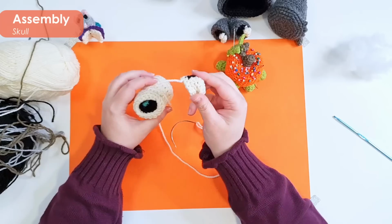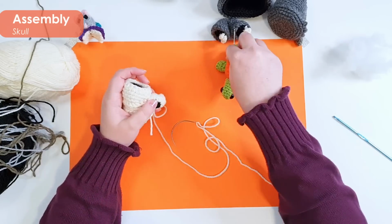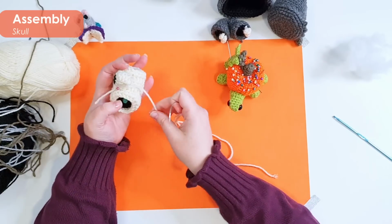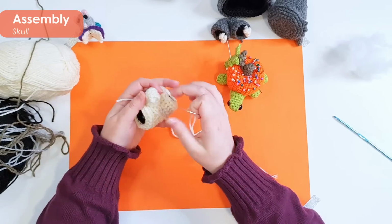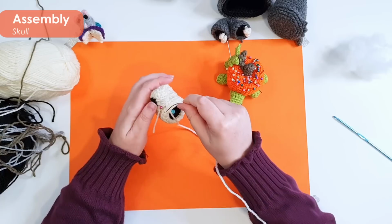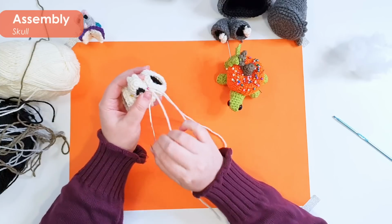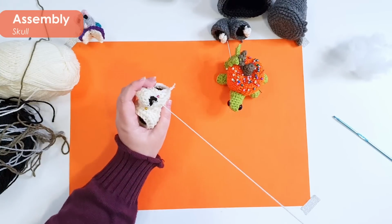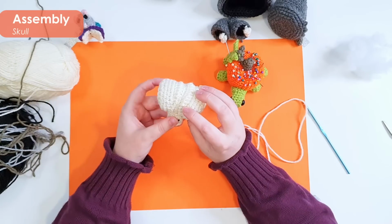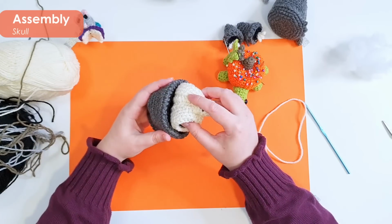And then we are going to take our snout piece and just line it up over the top of where all of those starting and finishing points were. And given that our yarn is already in the correct spot, we are going to sew around the edge of that. You can, once again, sneak a little bit of stuffing in there if you would like to. But make sure that you sew down every single stitch around the outside of the snout. So that is our little rat skull, and it is going to go inside the hood